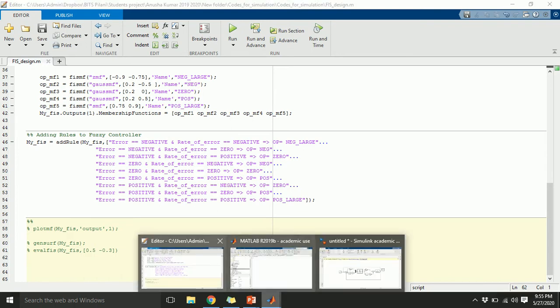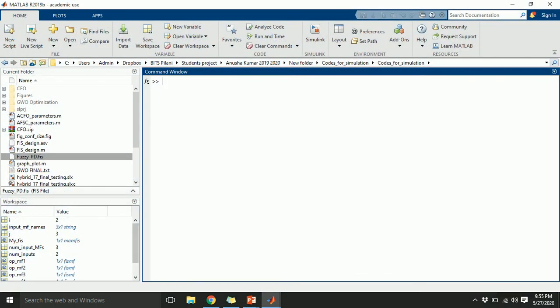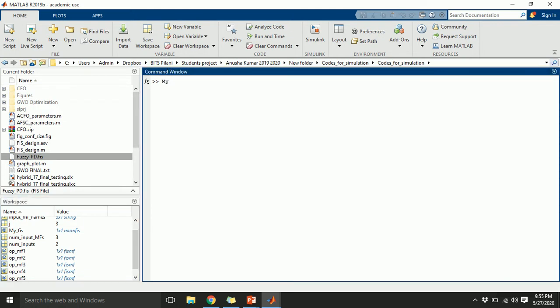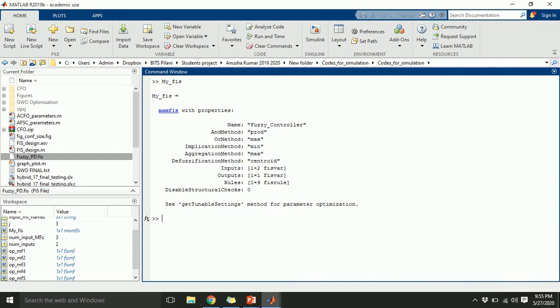You can see that a variable is created here, my_FIS. If I write this and see what this value is, this is a Mamdani type fuzzy inference system with certain properties. You can have AND method, OR method, implication method, min, max, and centroid defuzzification method, and so on.